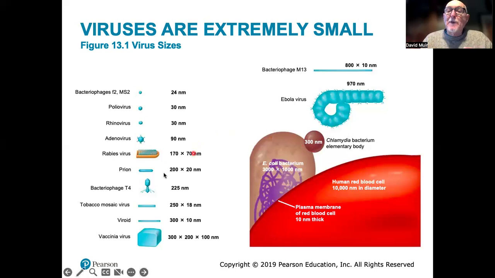So they are just things which have become progressively reduced in complexity to their very essence, which is a nucleic acid with instructions in the nucleic acid to make viral particles. And that nucleic acid is then surrounded by a protein coat, a protective coat called the capsid. There may be further elaboration on that, but at its very simplest, that is what a virus is.